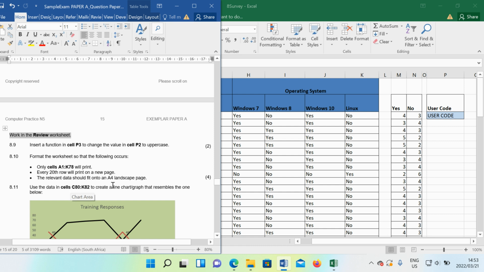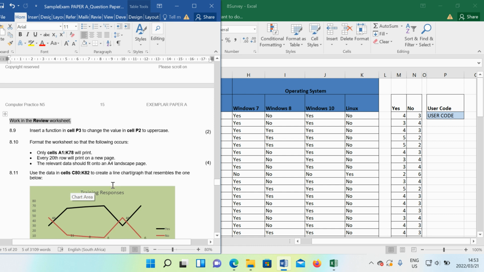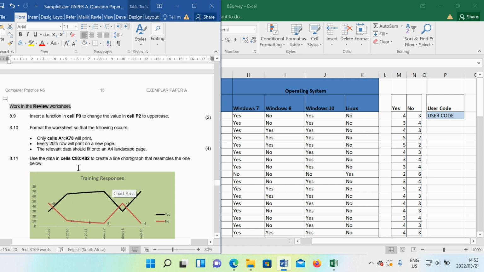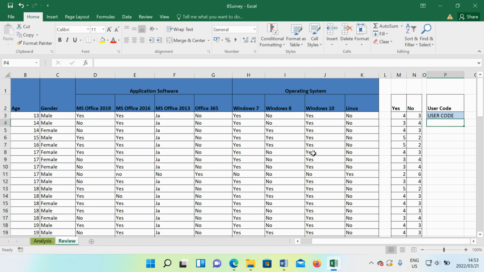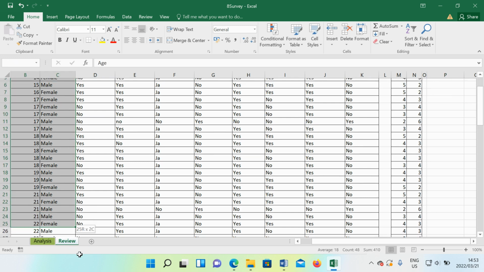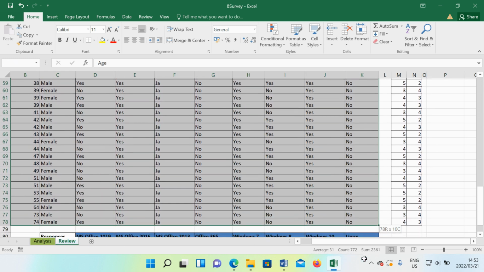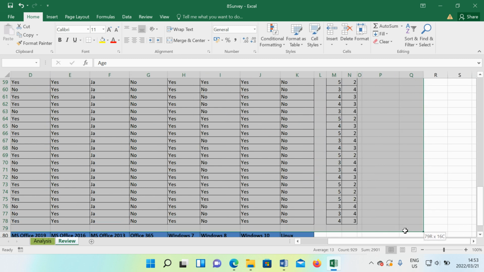Format the worksheet so that the following occurs. Only cells A1 to K87 will print, and every 20th row will print on a new page. The relevant data should fit onto an A4 landscape page. There's a couple of ways in which you can do this. You can copy it into a new sheet and print that, or you can make sure that all of these to 87,